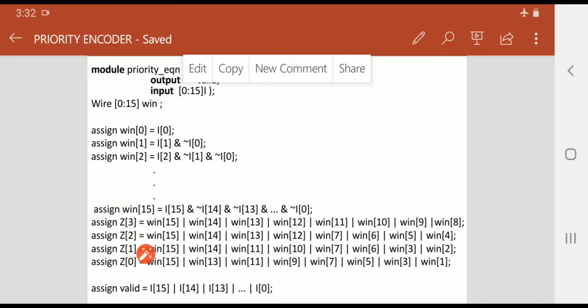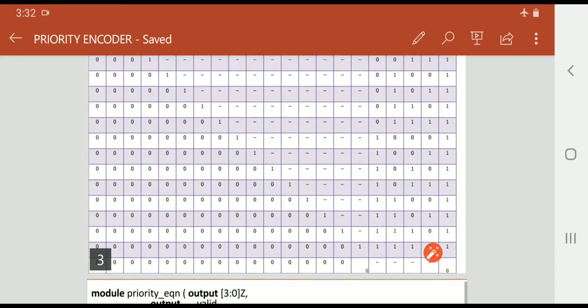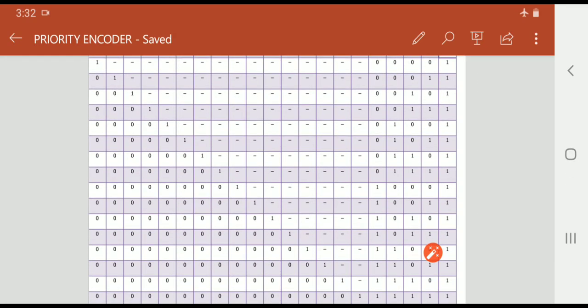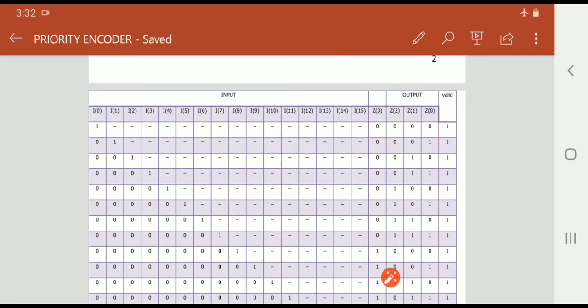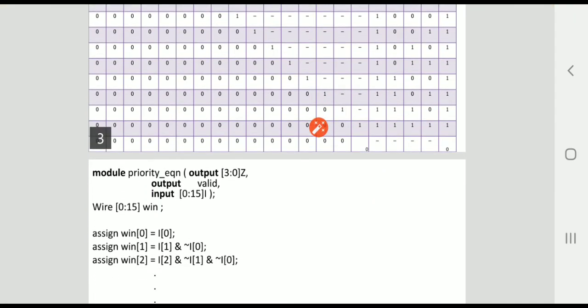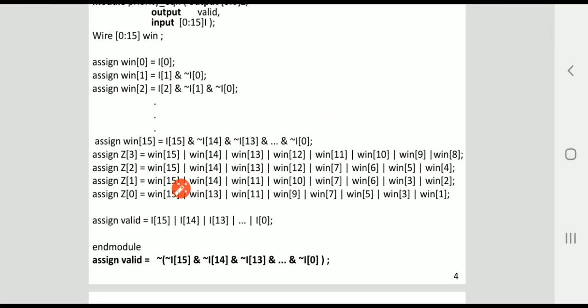Similarly, it is written for Z of 2. Just go through the truth table for Z of 2. Wherever the 1 is there, that 1 belongs to a particular input line. That particular line is linked with the wire win, so that equation is written in the form of sum of product. Similarly for Z of 1 and Z of 0. Once we assign all the output bits, we have to check that if any one of the input lines is 1, then valid should be 1.